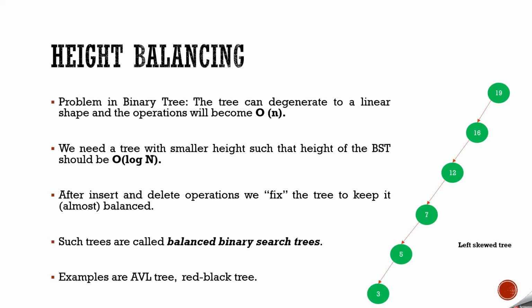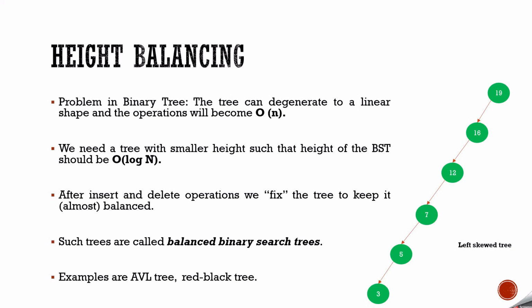So if you go for any operations, it normally takes O(n) time, or the complexity of any operation in that tree, maybe a search or an insertion, is going to be big O of n time. So now, how to adjust? The only way to adjust is if you can manage the height of the tree.